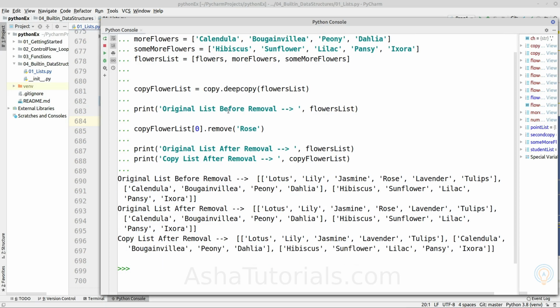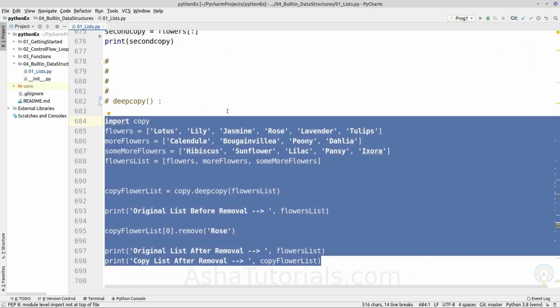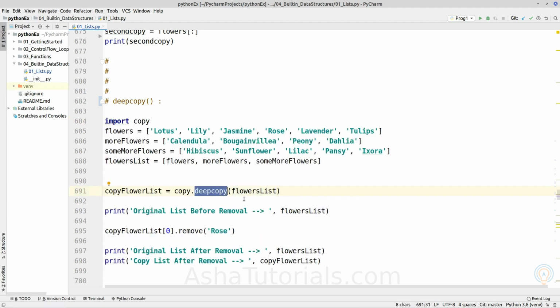Okay, so whenever we want to separate out the mutable data type while creating 2 separate lists, deep copy must be used instead of shallow copy. Otherwise what will happen is, if the copy of a list is modified, those changes are also applied to the original list.